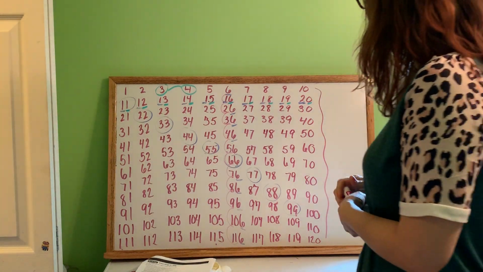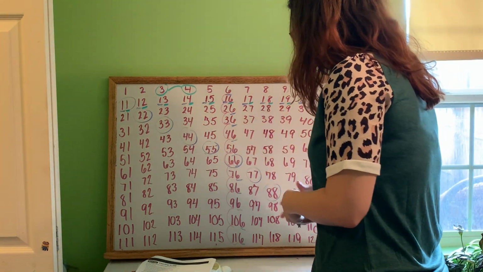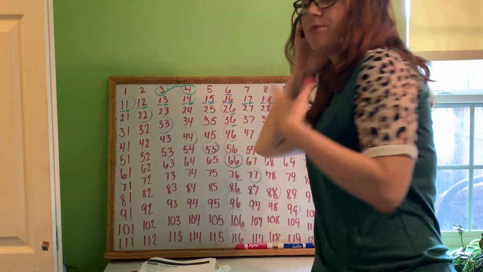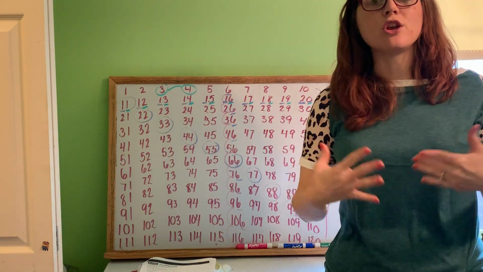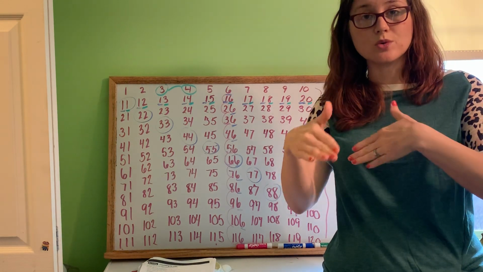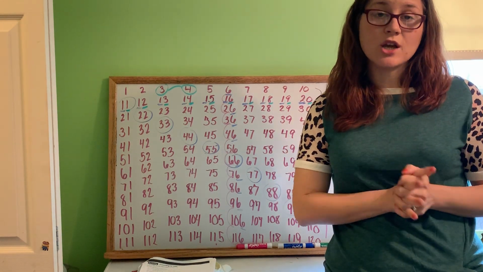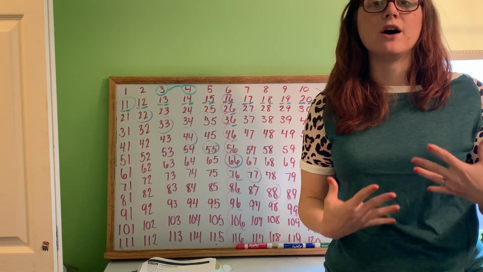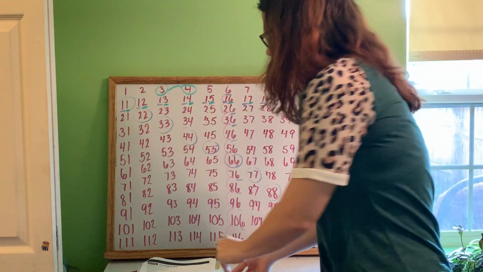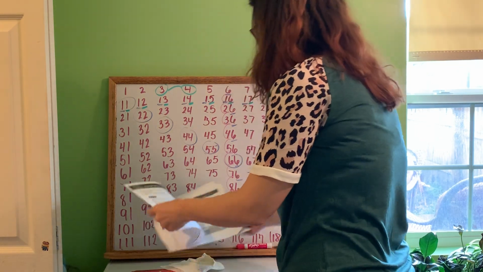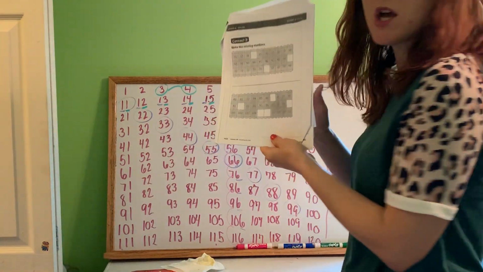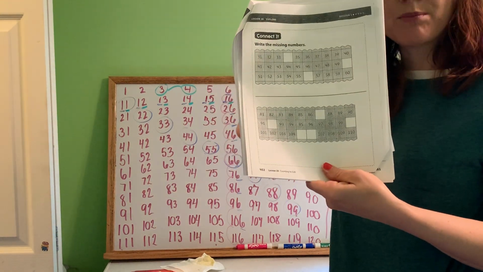So what this is going to lead to, looking at all these patterns on the chart, is the ability for the children to use the chart as a tool and as a strategy to add and subtract and to figure out math problems. So what you're going to see over the next couple of pages are blank numbers within the